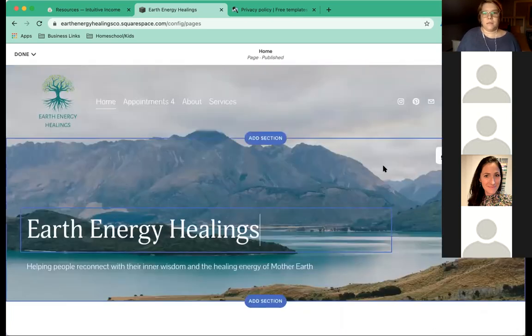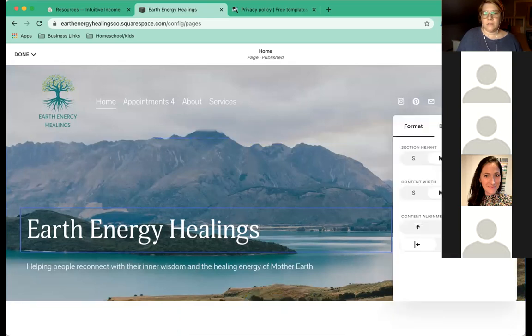And we'll go in here. And I don't want this like gray, cloudy sky. That's not very inviting. Doesn't feel very healing to me. So I'm going to go here to this edit section. And then you go to background. You'll see that this picture is in the background and I don't want it there. So now I'm going to go search images